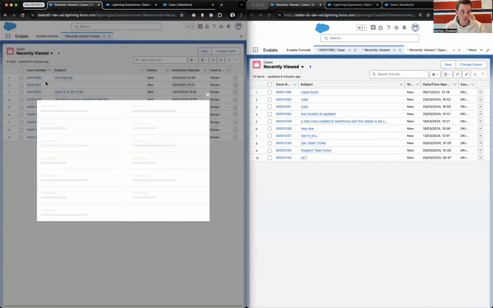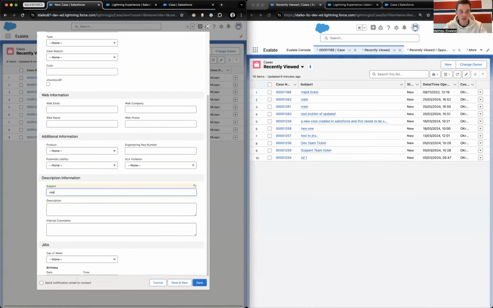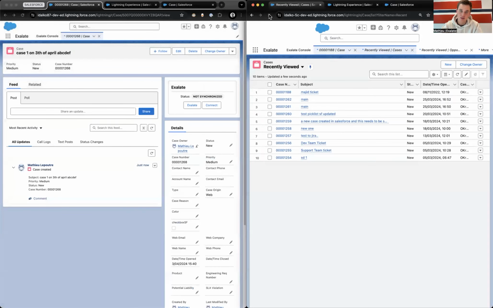I can show you. So if I create a case on the left side, so for example, I could say case 1 on 3rd of April, and I save it. And then this will not replicate itself on the destination side. So I can refresh and we can see it's not there. So what we do is we install Exalate on both sides, and then we make a connection between the two